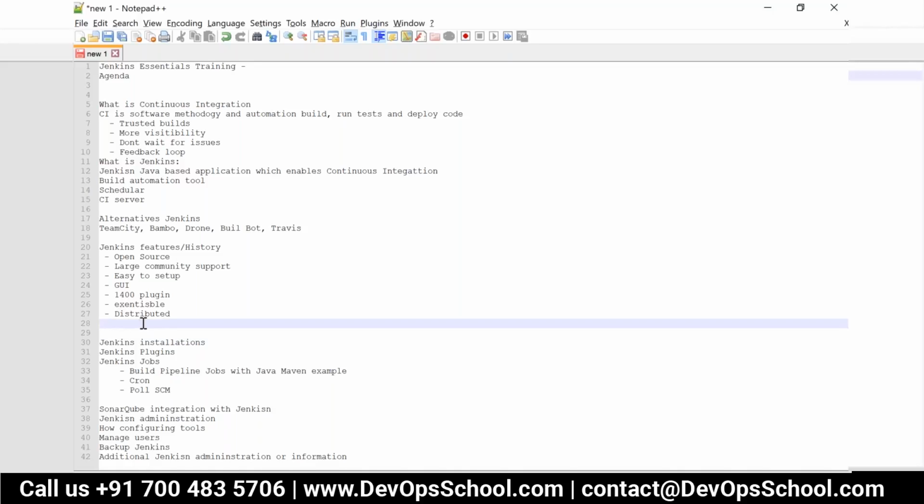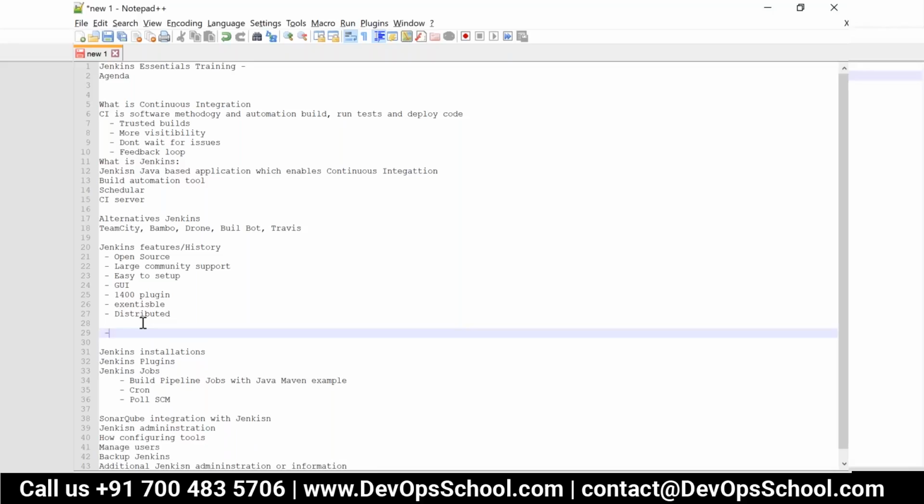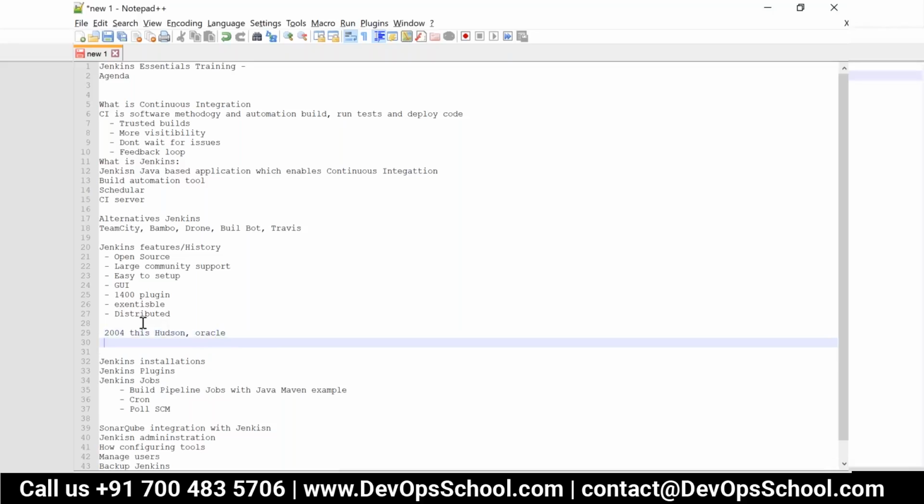I think in 2004, this project was previously called Hudson. They started working on Hudson as a build tool or CI tool, and then Oracle bought Hudson and changed the licensing. People could no longer go and change the core components. It's very hard, you cannot change the basic core functionality, so it's not open source anymore. You will not have access to